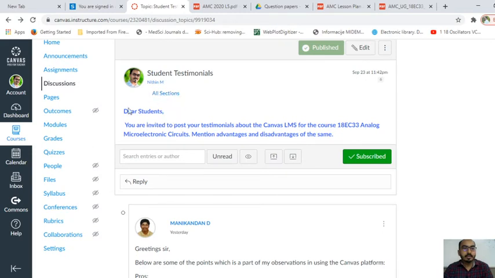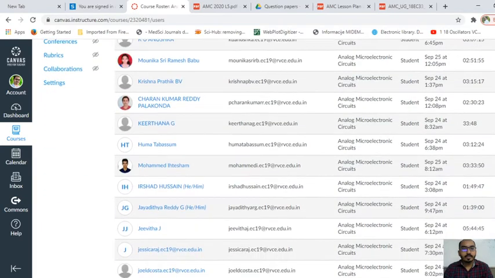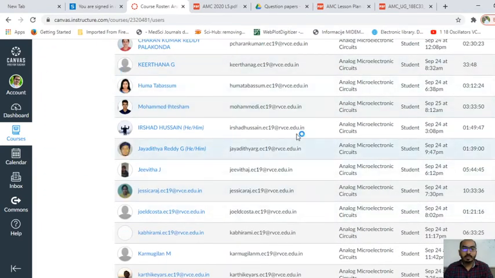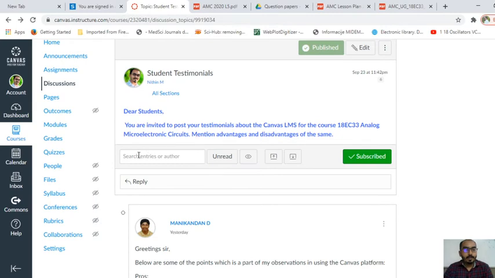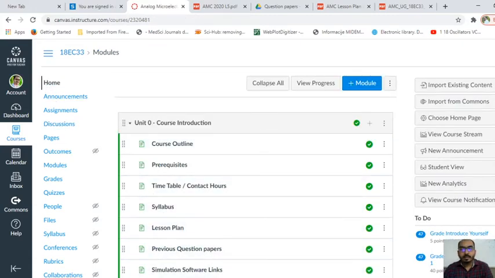I have just marked it as complete or incomplete. And finally, coming to the students, I have added students to this page, and they have uploaded their photos, and many have put their names also. So this is all about Canvas. So far I have uploaded and added this much content to this Canvas page.